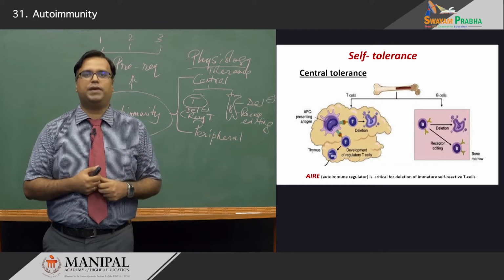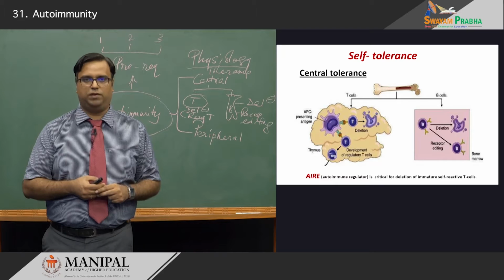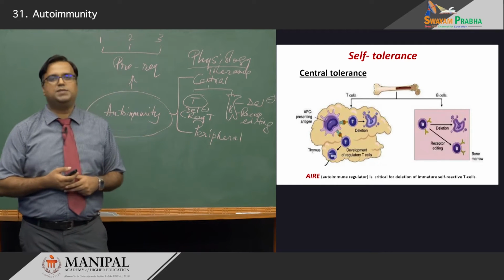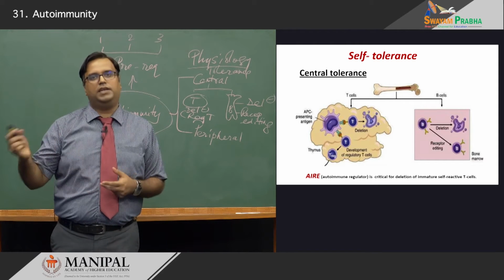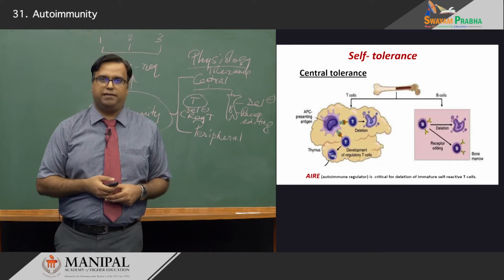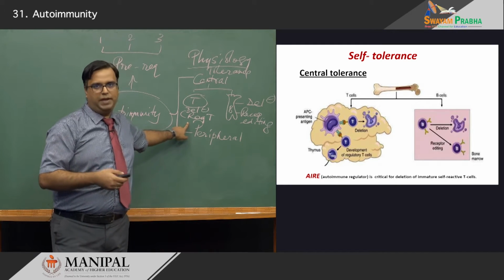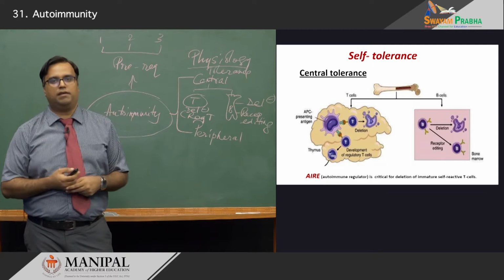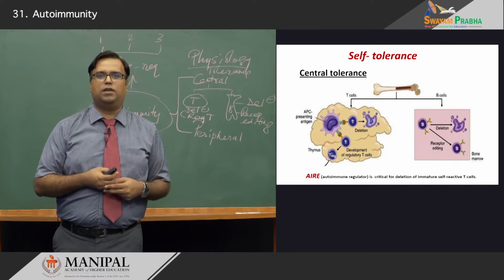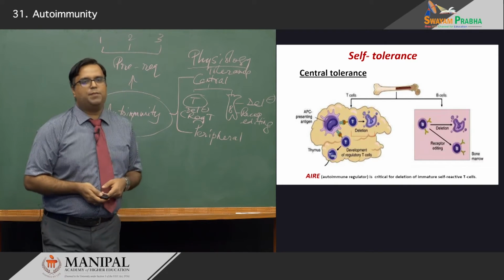Now, these are two important mechanisms in T and B cells effectively within what is called central tolerance. It is important to know that mutations in any of these mechanisms can result in autoimmune disorders. AIRE, which is called the autoimmune regulator, is an important mechanism where these regulatory T cells come into play. Any mutation in this AIRE exposes the patient, as literature alludes to, to a lot of autoimmune conditions. Now, this is about central tolerance.